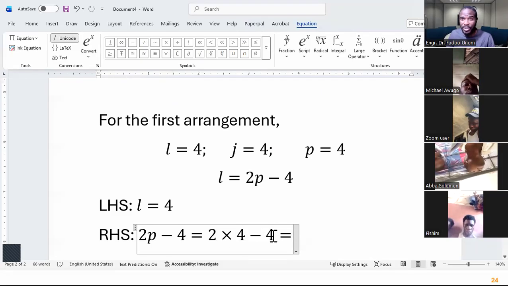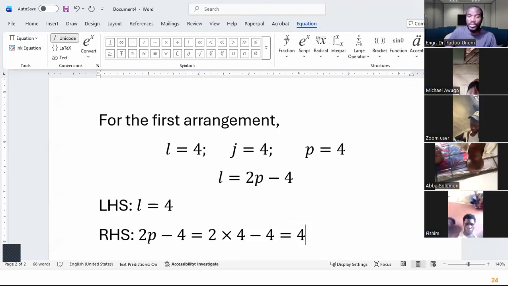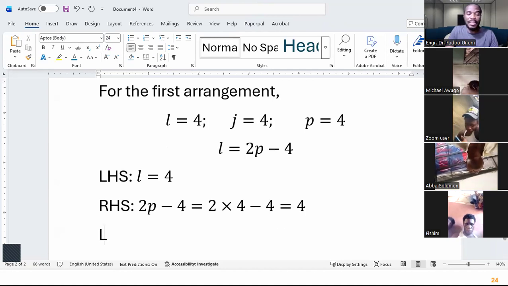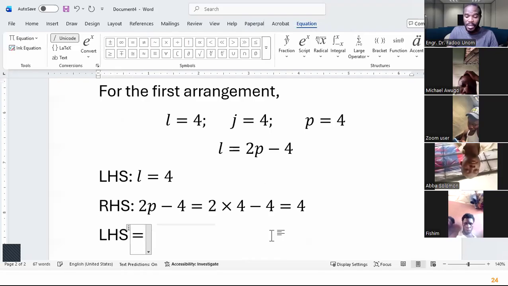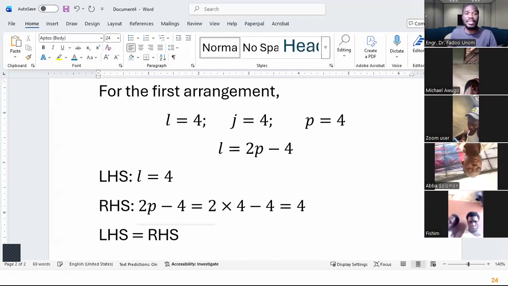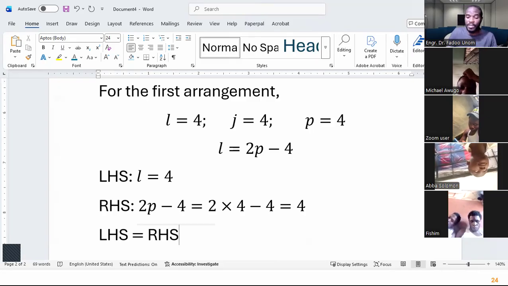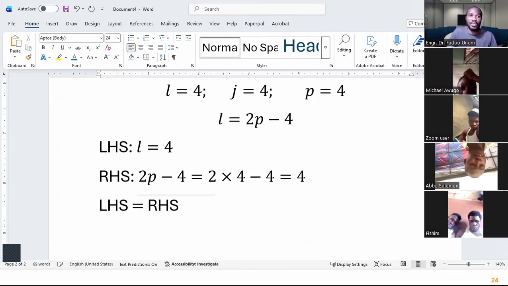8 minus 4 will be 4. Okay, so you can see clearly that the left-hand side is the same as the right-hand side. Okay, all right, that's for the first arrangement. Now let's also test the second